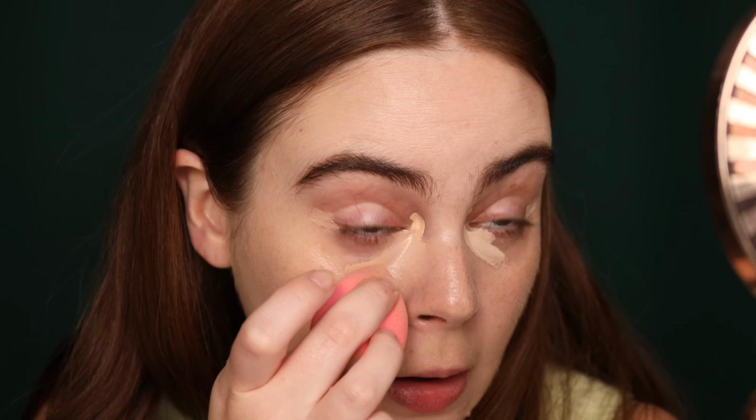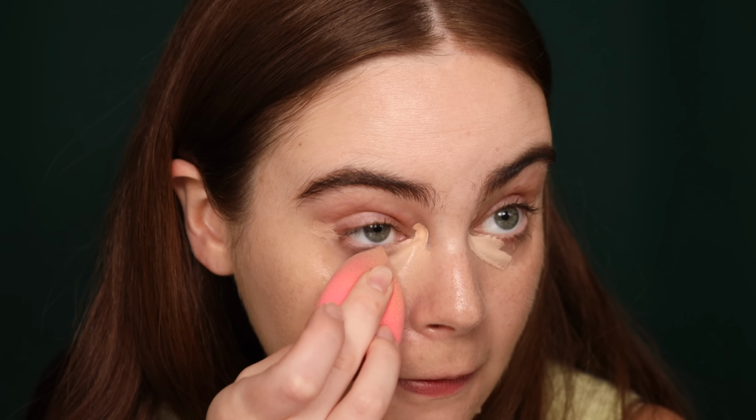And notice I'm kind of tilting my head down because that's when I'm really going to get an idea if I'm getting visually the look that I want, because from here, it usually looks pretty bright. From here, it doesn't always. You can see this area right here, that is looking quite flat and it looks great. Why would I keep blending it? I don't need to. So I'm going to go back a little bit,